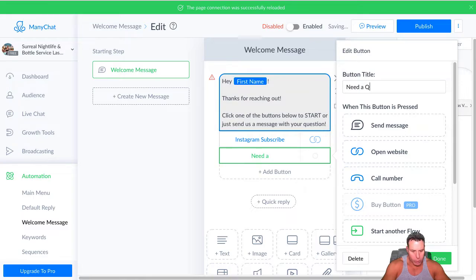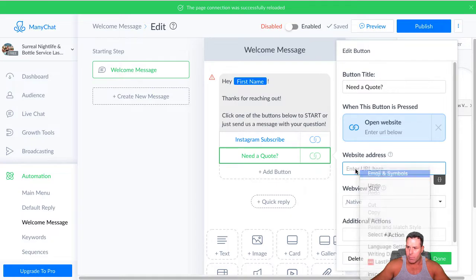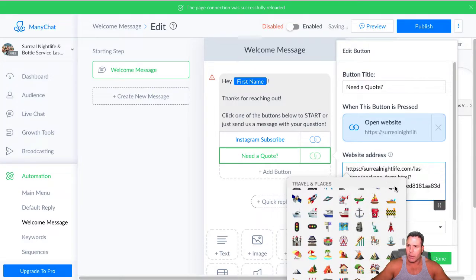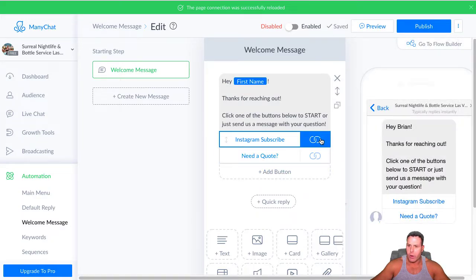Need a quote, okay? And then a comma. So there's that, and we're going to open up a website, and we're going to go ahead to our quote page. We're going to copy that, put the URL in, paste it. Don't need emojis, and that's done. Okay, so now the Instagram goes to Instagram. The need a quote goes to